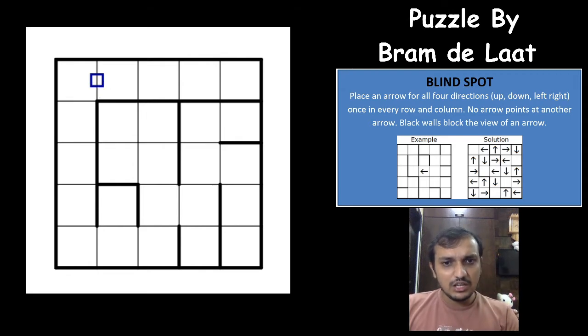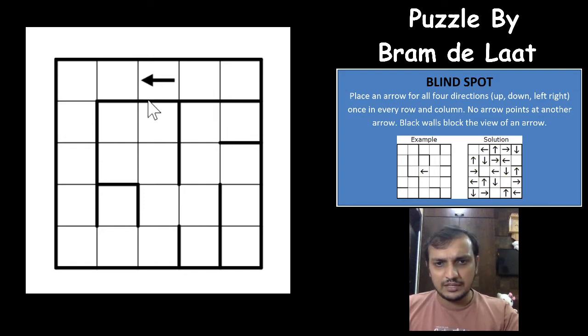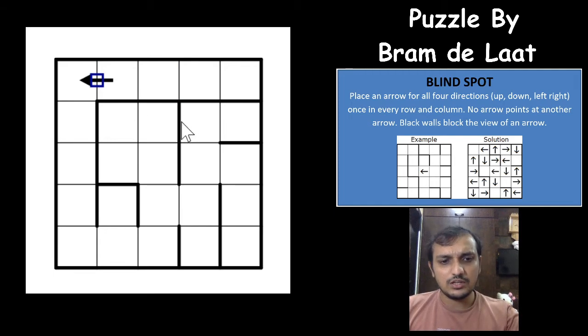We can see that whenever you have such cases, the left arrow will have to be in one of these 2 cells, because you know that you need to have 4 arrows in this row, right? So if you have a left arrow here, both of these will have to be without the arrows, right? You cannot have arrows here in both of these cells, right? And what happens here is that there are only 3 arrows remaining now, so this won't be an arrow, right? So the left arrow would have to be in one of these 2 cells.